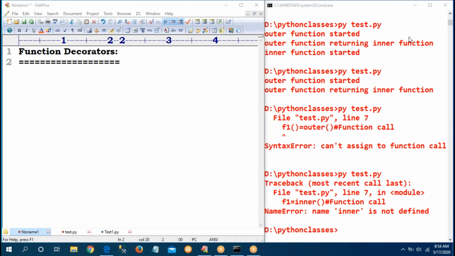Normal word decoration means, suppose today in your home some function is there, evening 6 o'clock, some baby's first birthday or your kid's birthday, and decorations are there. Any doubt? Can I continue?